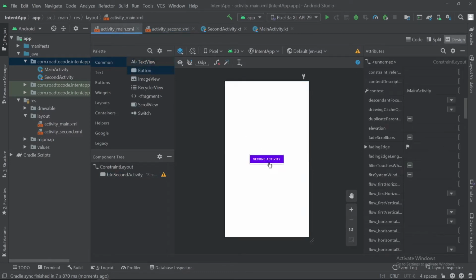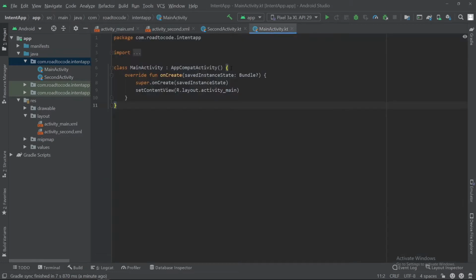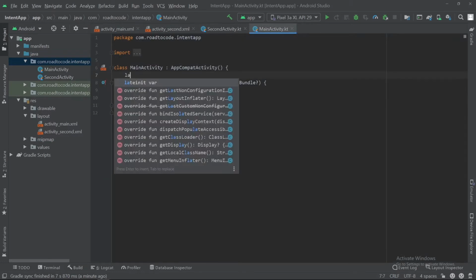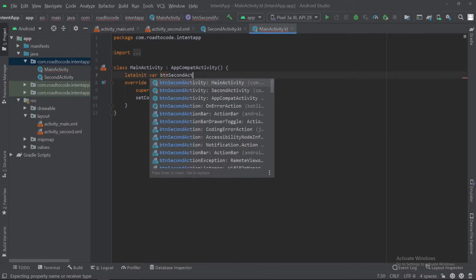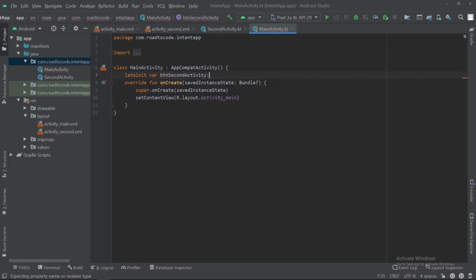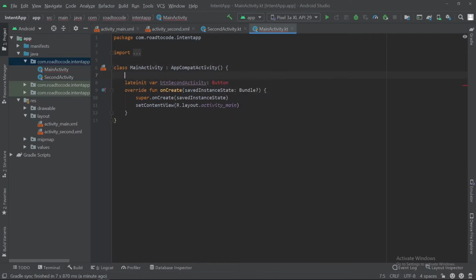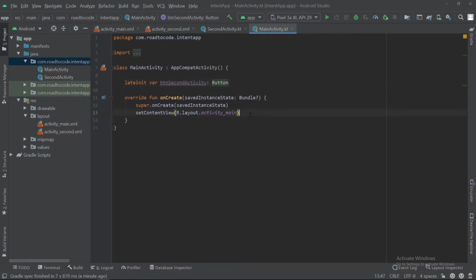Now we need to handle the click listener on this button, because after clicking this button we will invoke the new activity by using intent. Now here I am declaring one Kotlin variable of button type, because the button which we designed is in the XML part and we will perform the different tasks in Kotlin. For that we need to bind it, and we will bind it in onCreate. Okay, like this, btn second activity equals to find view by id,